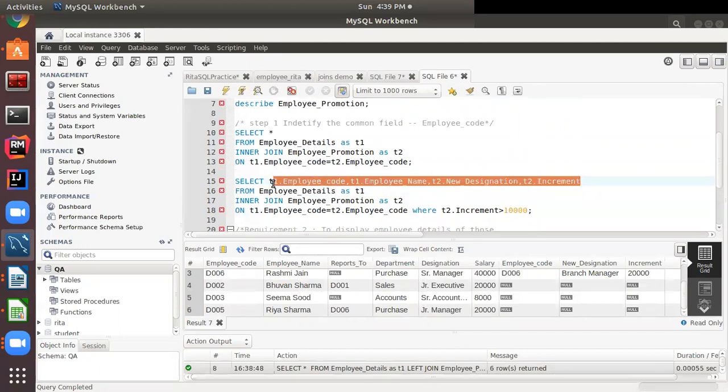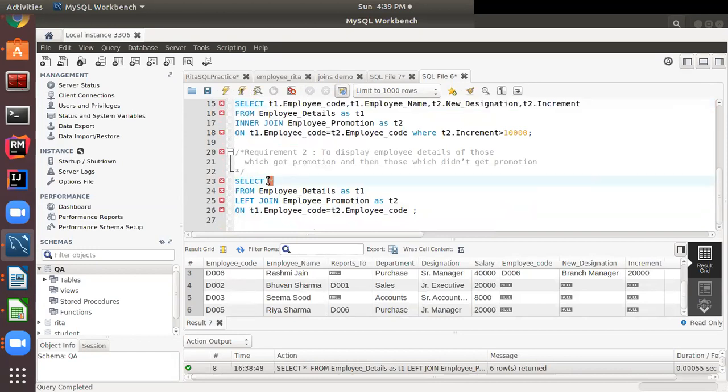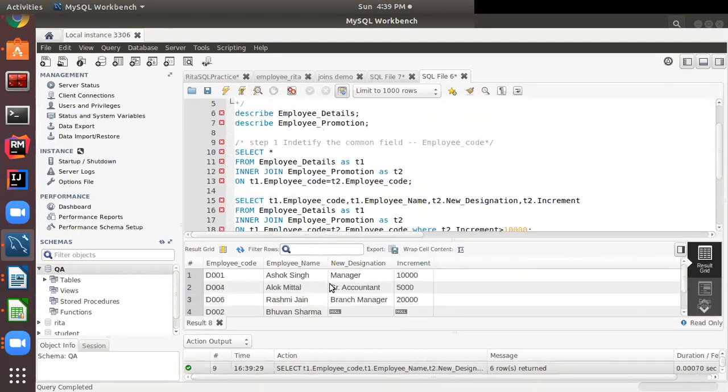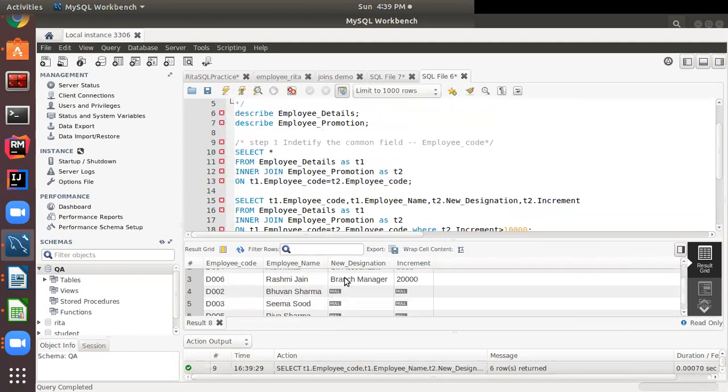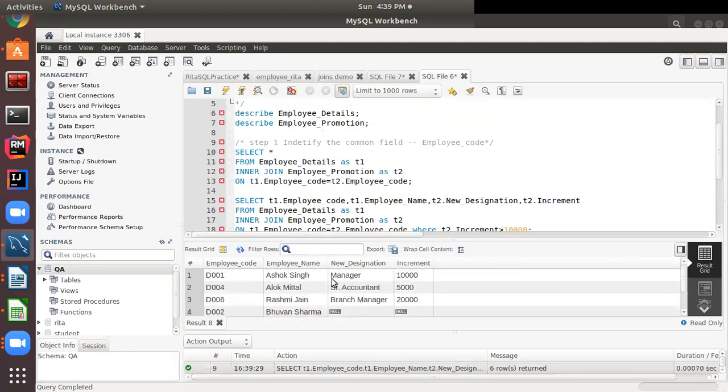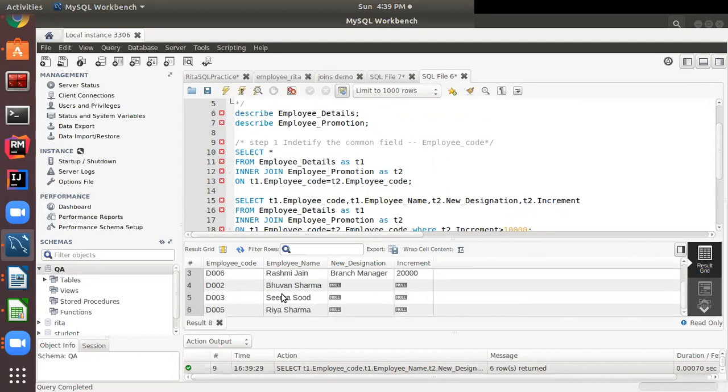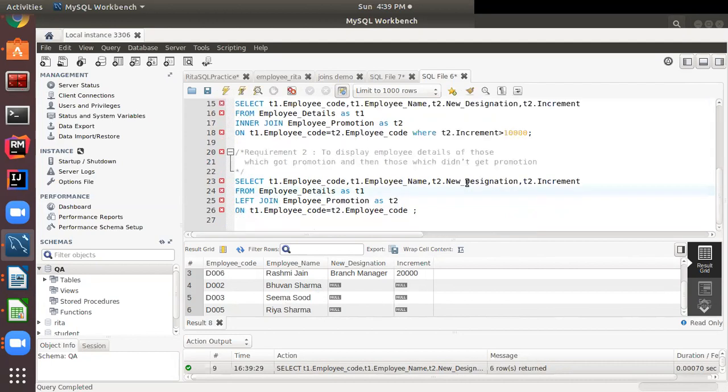Since it's part of my requirement, I am copying the column names here. Now if I execute, it will display only the columns which I mentioned. See, it's displaying complete information for those which are common, and for the rest of the employees it's showing null because they didn't get promotion. So this is all about left join.